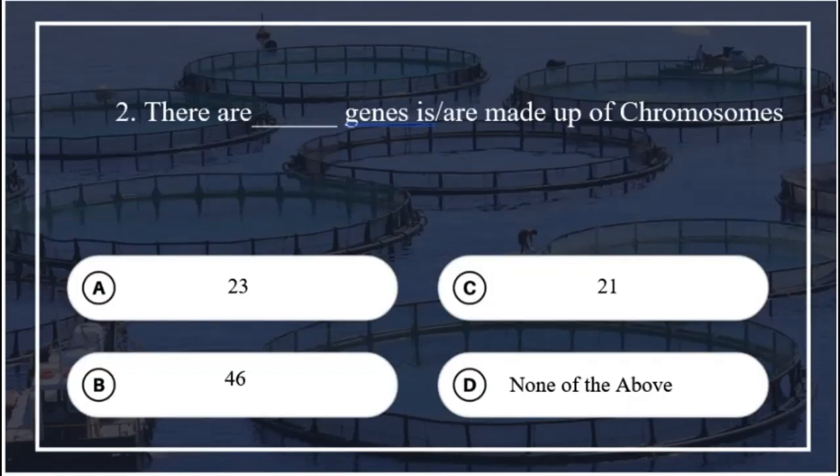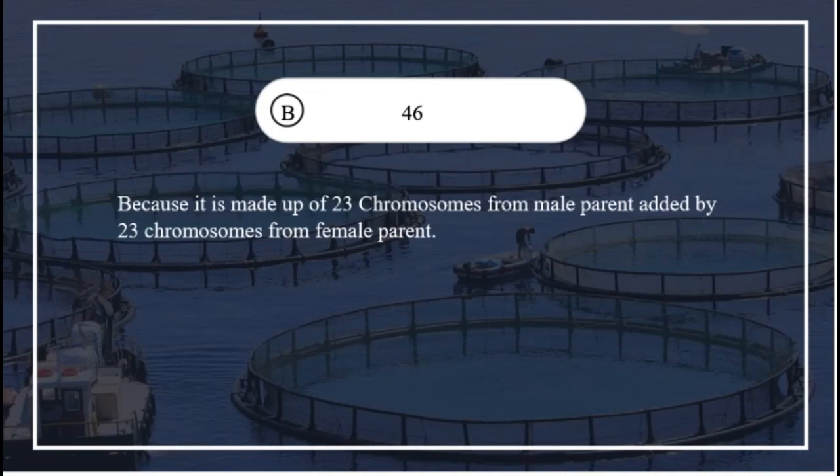2. There are blank genes that make up the chromosomes. A. 23. B. 46. C. 21. D. None of the above. Answer: B. 46. Because it is made up of 23 chromosomes from the male parent added to 23 chromosomes from the female